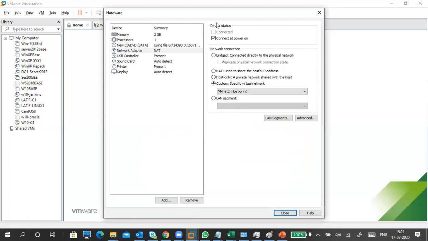Why? Because I have 2 adapters. One is a Wi-Fi adapter, another is the LAN adapter, the RJ45. I put the Wi-Fi link to VMnet 0, and this one is for VMnet 1. So I use VMnet 2 as a local adapter.